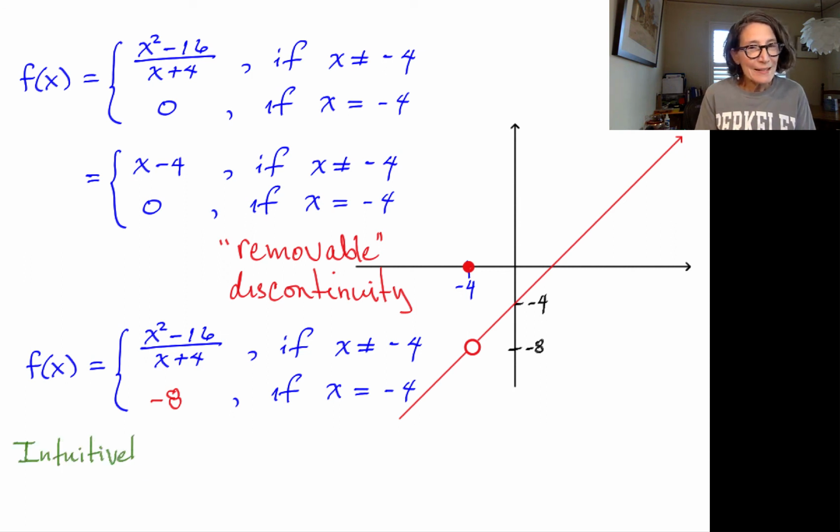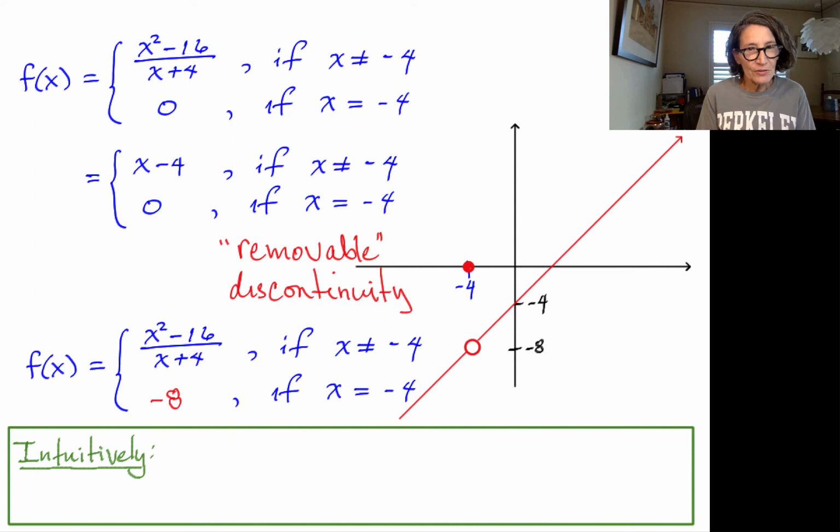All right, so what's the intuitive definition of continuity? So we know that the definition is that the limit of the function as x approaches a has to be equal to the value of the function at x equals a. So the limit has to exist, the function has to exist at that number, and the two things have to agree. Well, intuitively, we can think of it